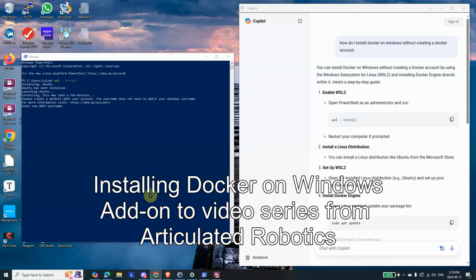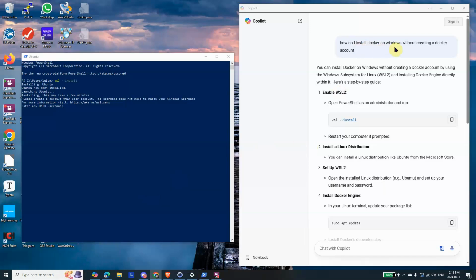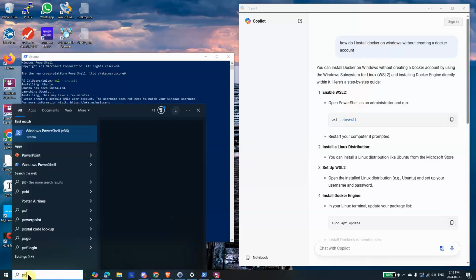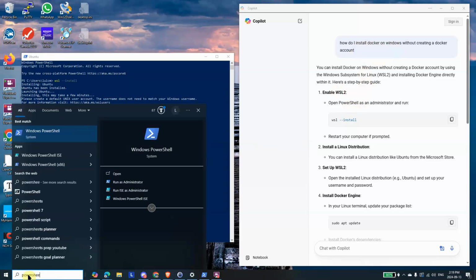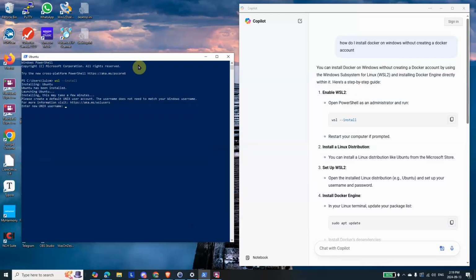All right, this is installing Docker according to Copilot's instructions. So how do I install Docker on Windows without creating a Docker account? So we enable WSL2 by going in here, typing PowerShell, and PowerShell x86 is the one I chose. When it came up, I did wsl --install, which is this command,